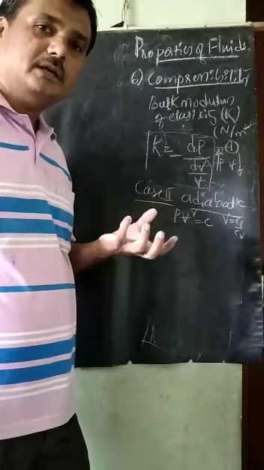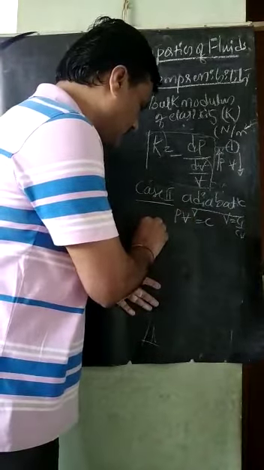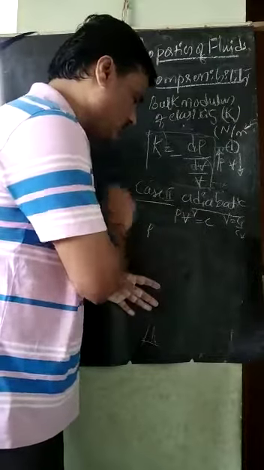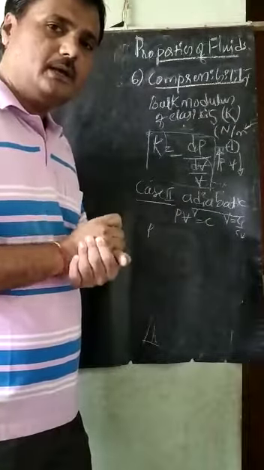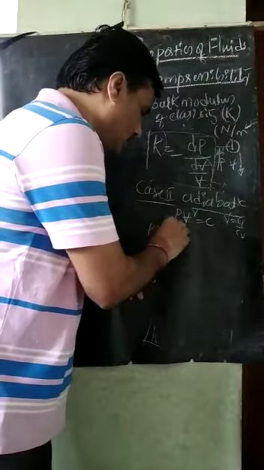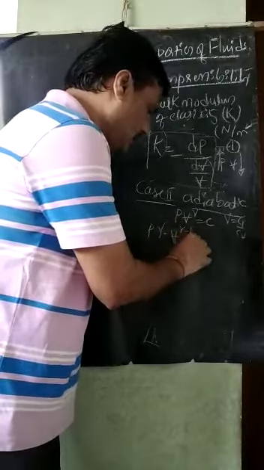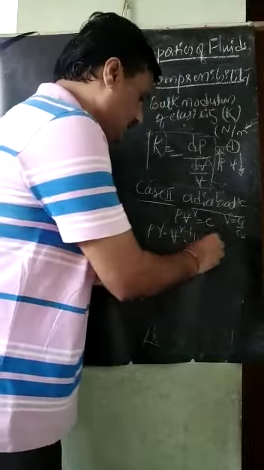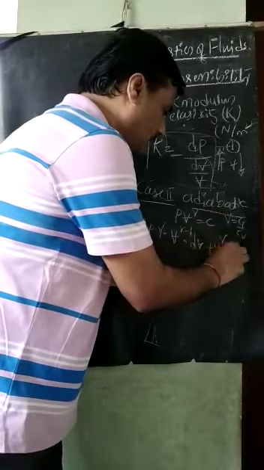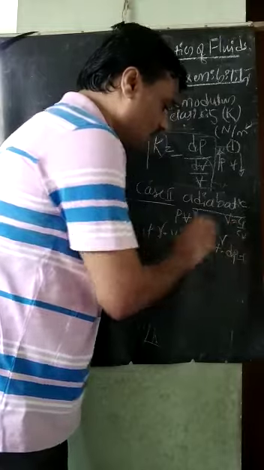Next, I will go for the chain differentiation here now. I will keep this P as a constant. I will differentiate this V raised to gamma. What is this V raised to gamma will become? It is gamma into V raised to gamma minus 1 into dV. It is the differentiation of that. Plus, next V raised to gamma I will keep it constant. I will differentiate this P, it is dP, and the differentiation of the constant is 0.